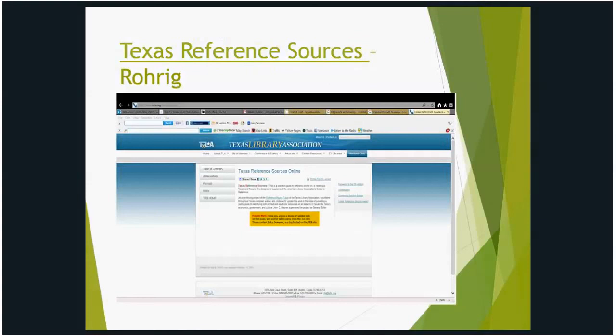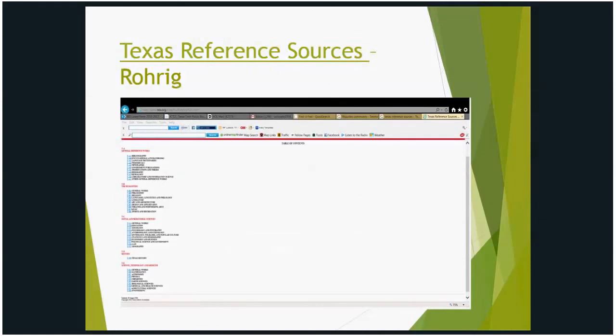Thank you, Jake. One of the resources that I've found very useful is a project of what used to be the Reference Roundtable at TLA, and it's now something slightly different. What they have done is they used to publish this in print form for a number of years, and then probably about 10, 15 years ago, they moved it to the web. So this is a really good resource for all sorts of material. And one of the things that I've noticed is that you may not,